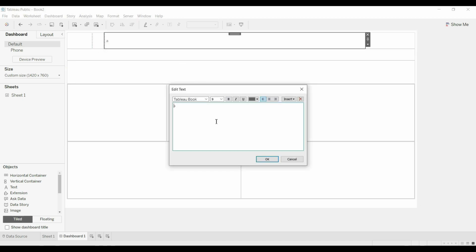And now here we can write the name of the dashboard. For example, we are creating it for reps and their performance. Then we can write something like Rep Performance dashboard.